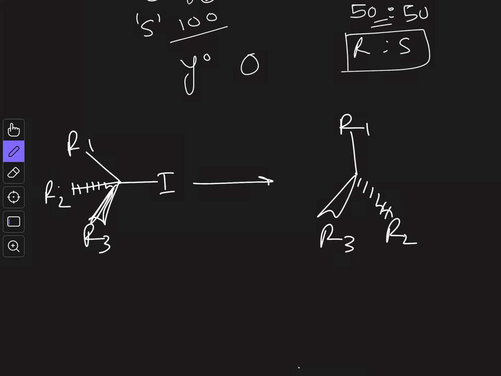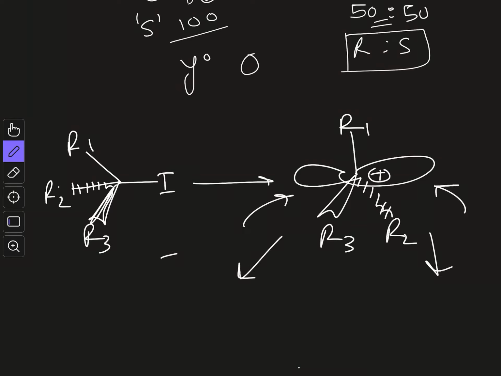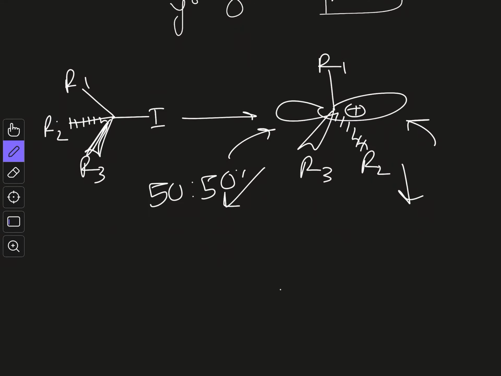Now you may think that on this planar carbocation, so this is p orbital, nucleophile can attack both from this side and from this side, and this attack you will expect 50-50. So you expect a racemic mixture in this case. But what we actually get is we never get racemic mixture. Generally we get inverted product as our major product, although in case of SN2 reaction we get complete inversion, but in this case we get the inverted product as our major product.